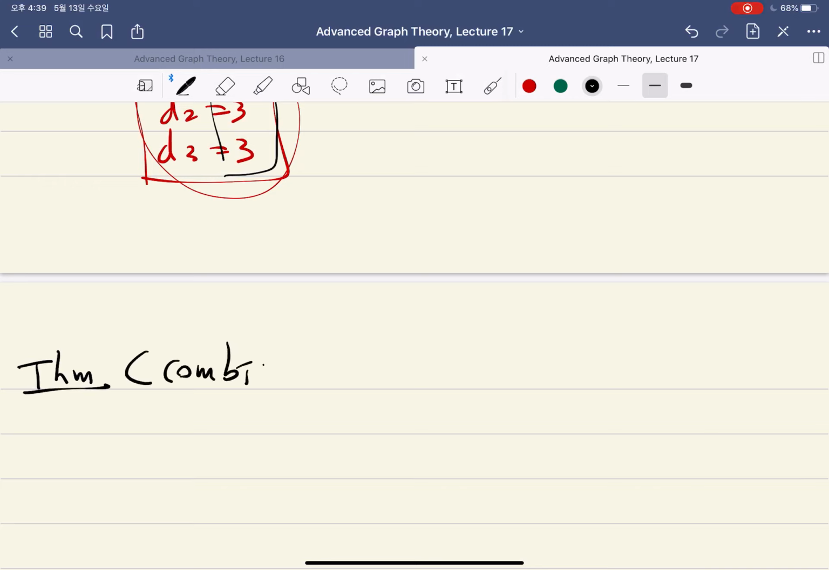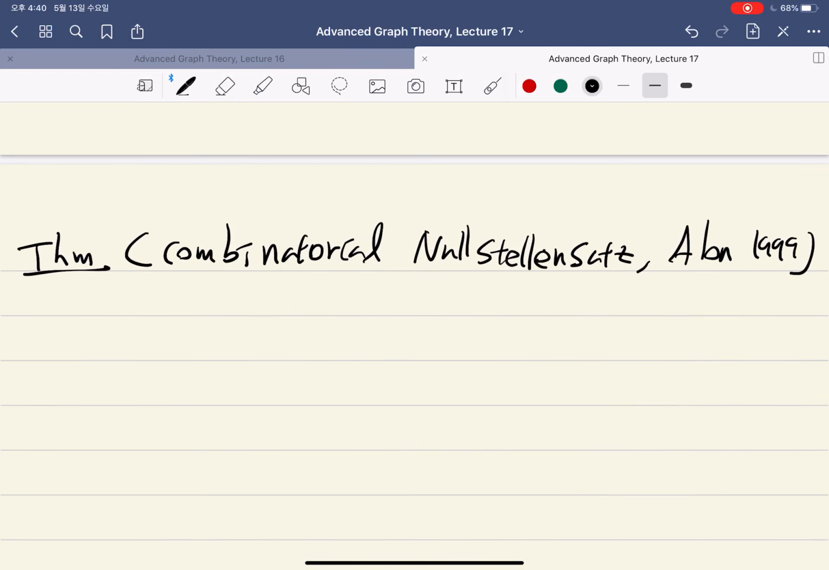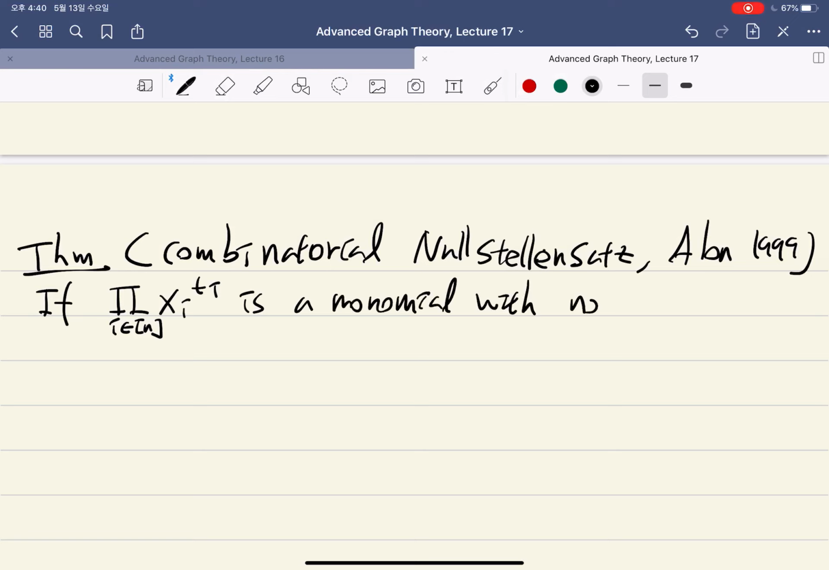So this is something called the combinatorial Nullstellensatz. The name comes from the Hilbert Nullstellensatz. But anyway, this is exactly saying what we want. If we have this monomial with a non-zero coefficient,